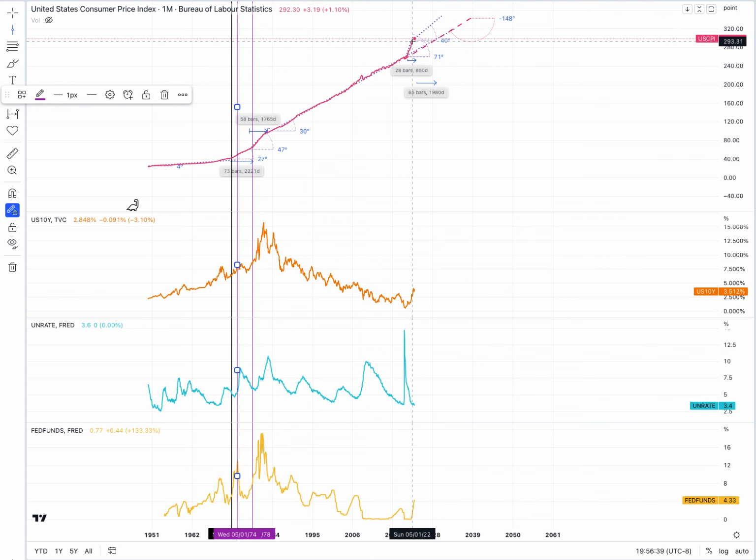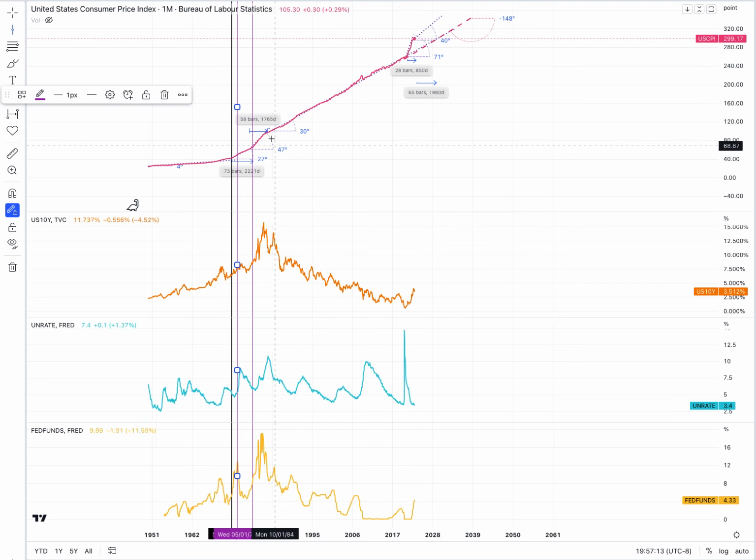And then we started seeing a bit of a deflationary effect, right? As you see, the CPI year over year went down from 10% to 9% to 8%, and so on. In October it was around 9%, and today it's 6.5% as of February. So obviously it's going down, but what's the angle? If you look at the angle, it went up to 71 degrees, and now with the same resistance reference point, we have about a 40 degree angle,